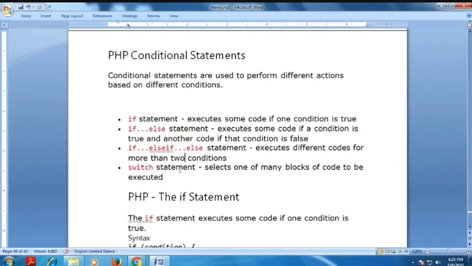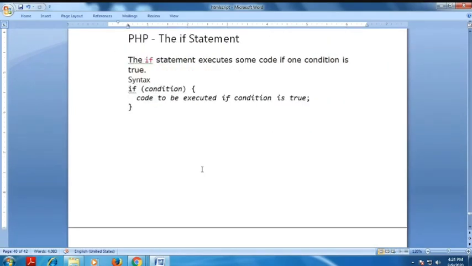Okay, first we go for PHP simple if statement. If the condition is true, you use this. You check only one condition. That is the use of the if statement. Just remember, when I have only one condition in my program, I use only the if statement. The if statement executes some code if one condition is true.